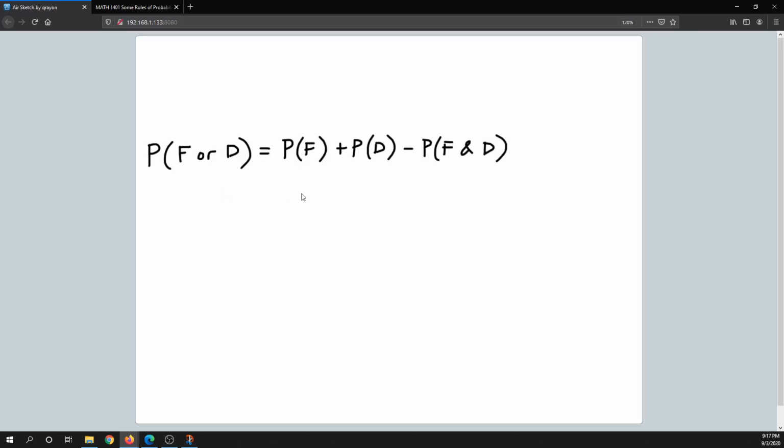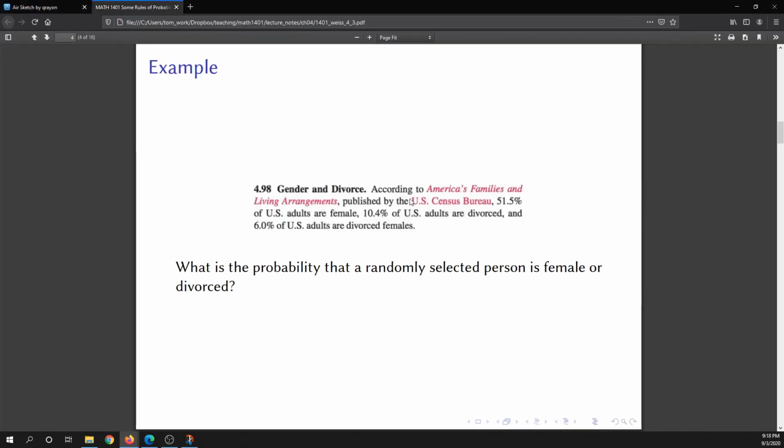All right, so that's using the general addition rule. Okay, and then what we'll need to do is to go back through the problem and see if we can figure out what's the probability of F, what's the probability of D, and what's the probability of F and D. Okay, so reading back through the problem, it says